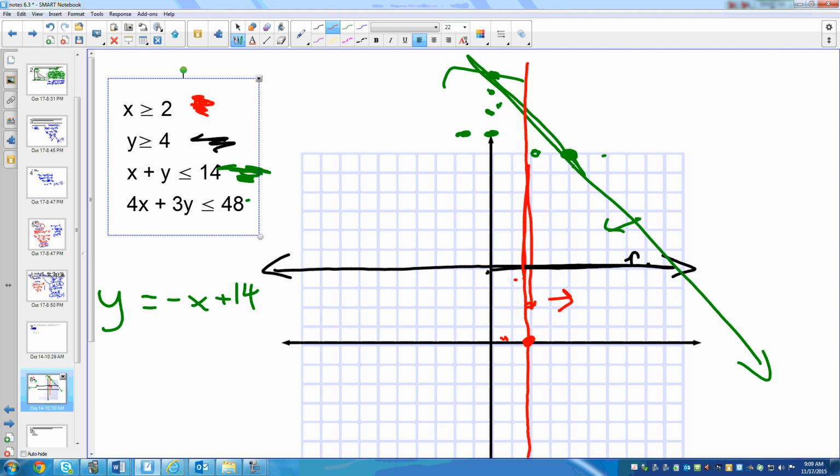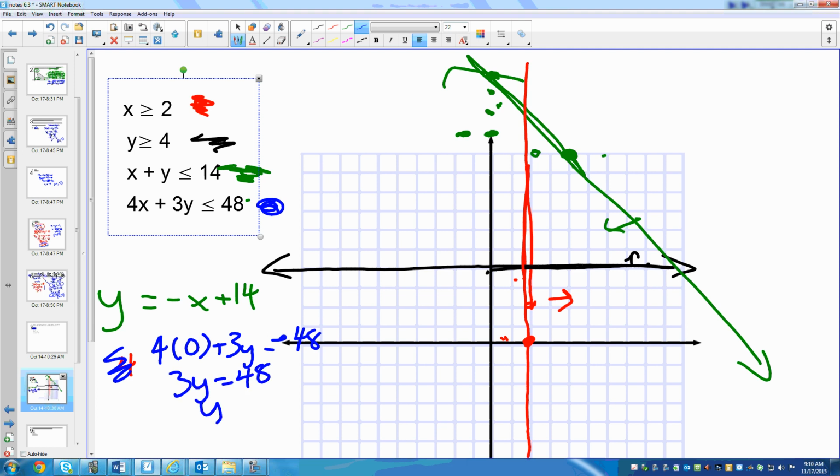So I just have to graph that last one. 4x plus 3y is less than or equal to 48. We can do two different ways. We can set x to 0, solve for y, set y to 0, solve for x. So if I set x to 0, let's make this a blue one. I get 4 times 0 plus 3y is equal to 48. So that gives me 3y equals 48. Divide by 3. So y equals